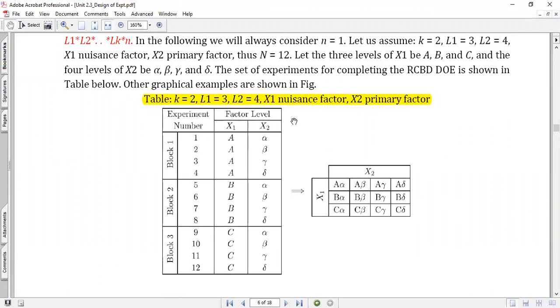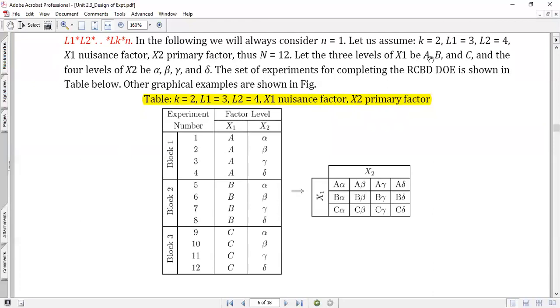When we represent it in a block, we'll represent the levels with some numbers 1, 2, 3 or A, B, C, alpha, beta, gamma, so that way you can identify it. Always the primary factor is assigned the last x value. X1, x2, x3 form our factors. So the last one is primary. The first ones are always nuisance. So if there are three factors, nuisance x1, nuisance the next, then the third one, the last one, will be the primary factor. So the primary factor goes last.